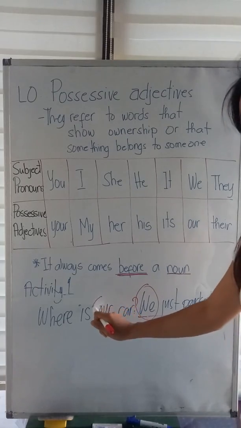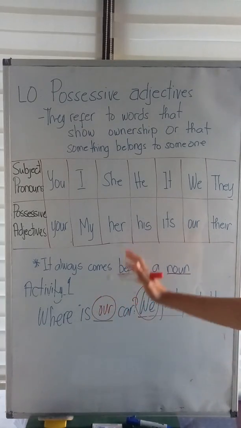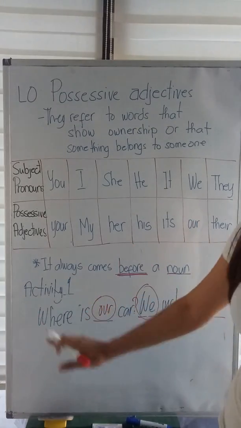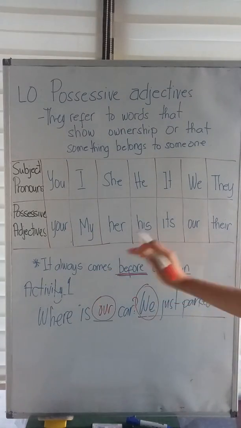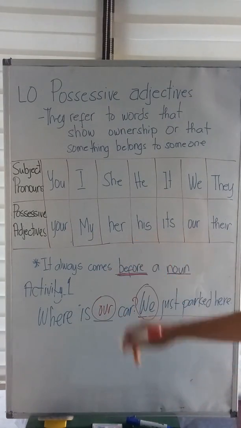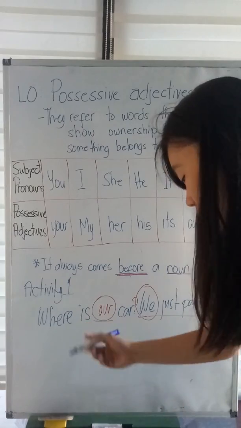You just write the answer. In this activity, you can only write the answer. You don't have to copy the entire sentence. You just have to write the answer. That would be fine. Another example,